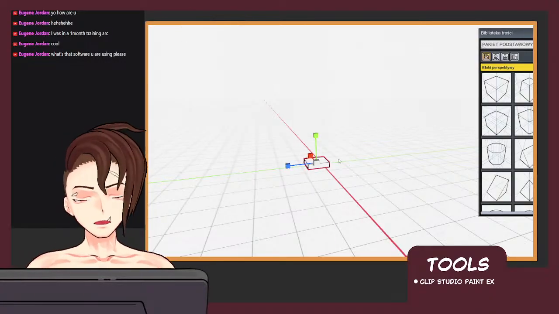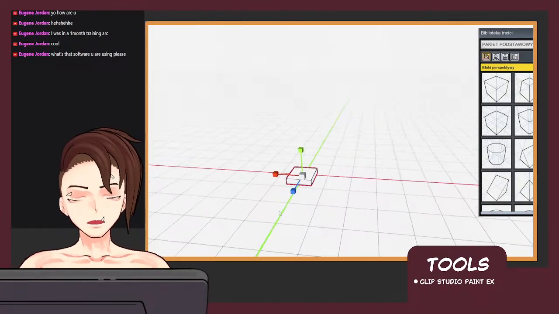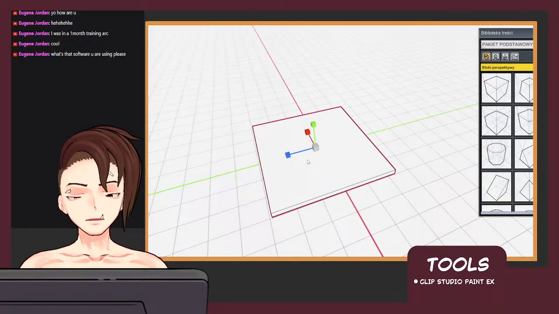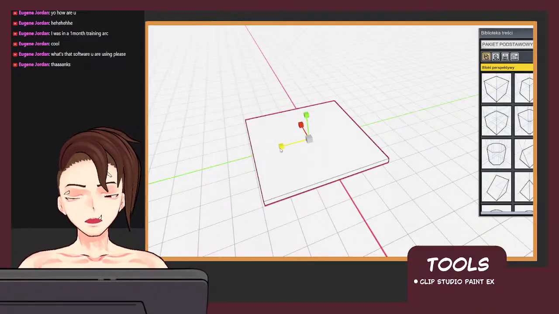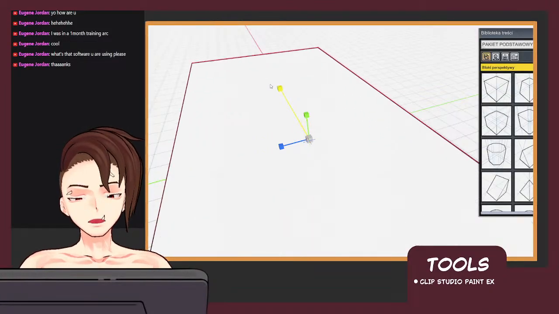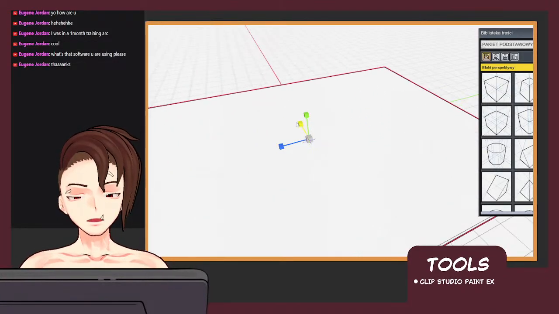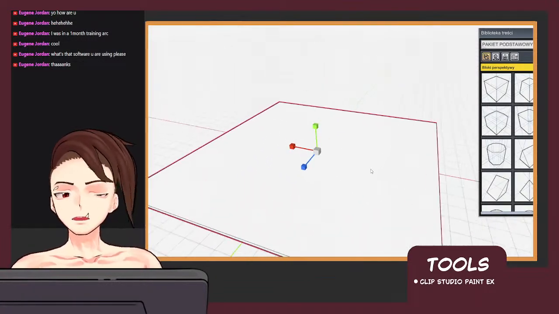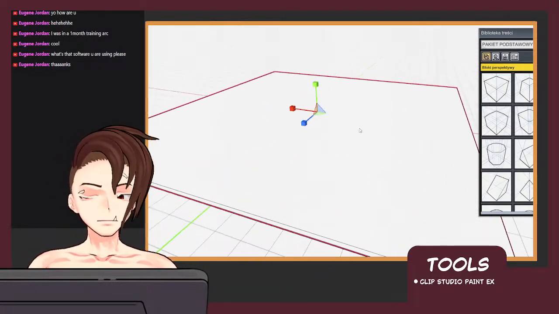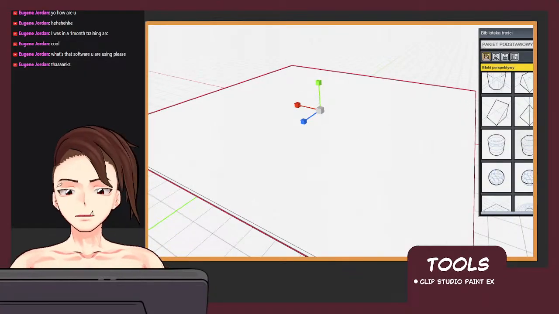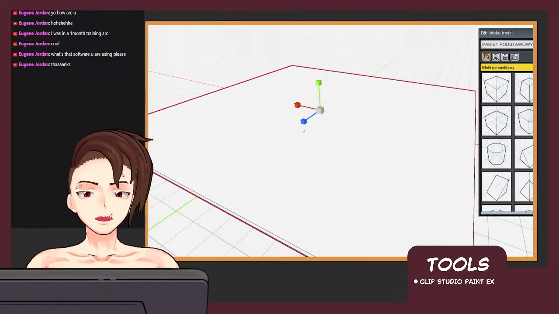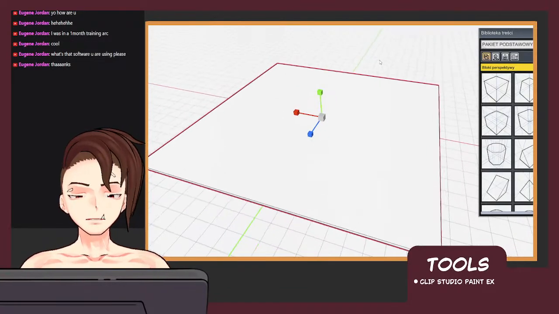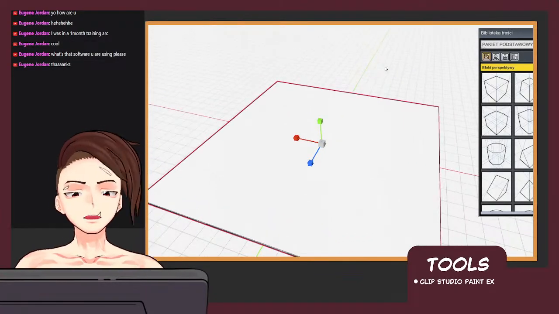It's very useful for making environmental arts, but you can also plan out things for your illustrations, just generally. I'm going to make the scene a bit bigger. There we go, just so I would have a bit better plane here. So, the thing is that what we are going to do in the environment today, I'm planning on making a